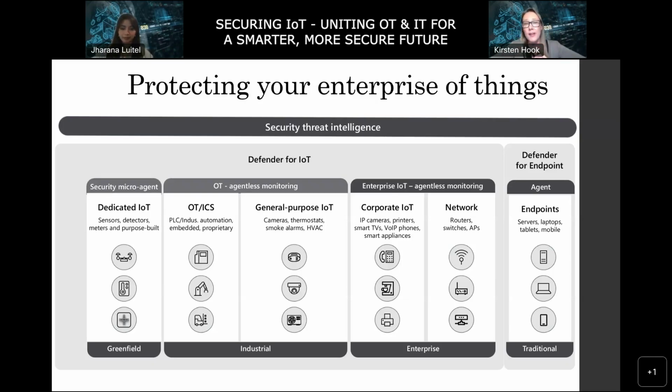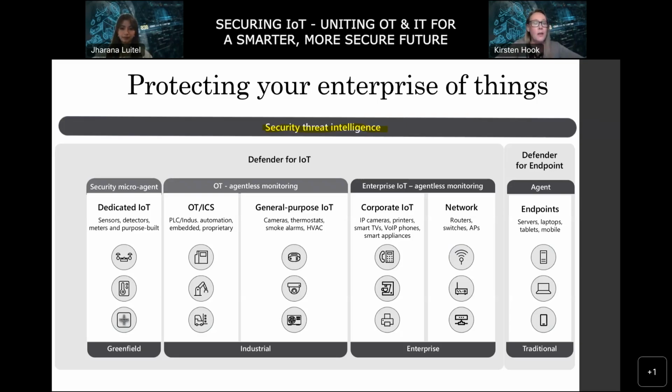So at the top of the slide, you'll see that there's a security threat intelligence that is broad across the page. The threat intelligence is trying to portray that, for all of these devices in your environment, you're going to need specific threat intel to be able to detect attacks on these devices. So the threat intelligence that you're going to use in OT and ICS is going to look a lot different than the threat intelligence that you're going to use in a corporate IoT environment. That being said, it's important to apply threat intelligence to all of the areas in the network so that we're able to detect the types of attacks that are geared towards the devices